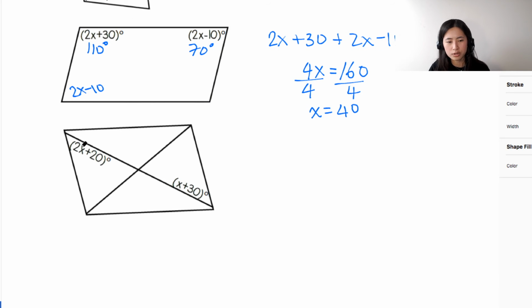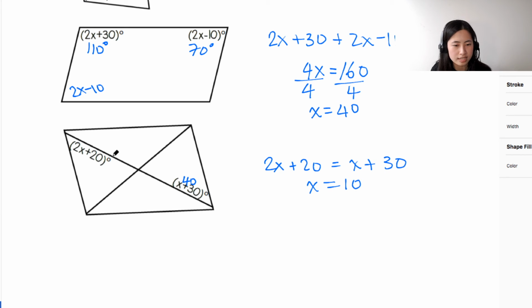Okay, so when they're trying to say that this is 2x plus 20 degrees, that means it's this, and you have x plus 30, which is this, right? And because it's a diagonal in a parallelogram, they need to be equal to one another. Therefore, this is 2x plus 20, and this is equal to x plus 30, right? So 2x minus x, I'm just moving this x to the opposite side of the equation, and I'm getting 30 minus 20, that's equal to 10. So we know that x is equal to 10, so when you plug in 10 over here, this is 40,